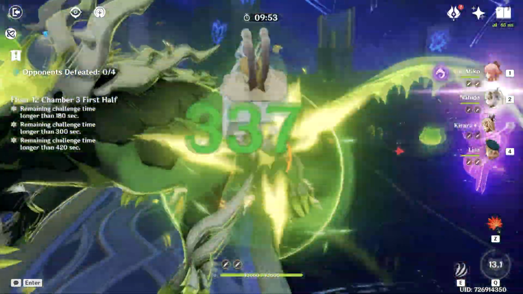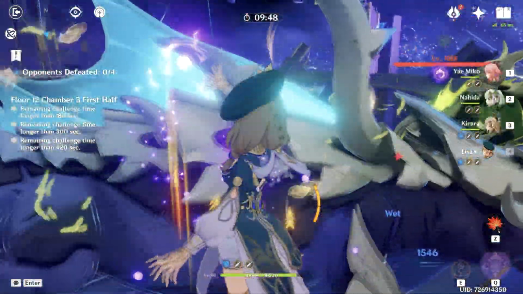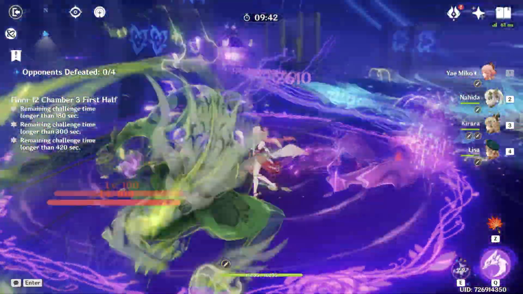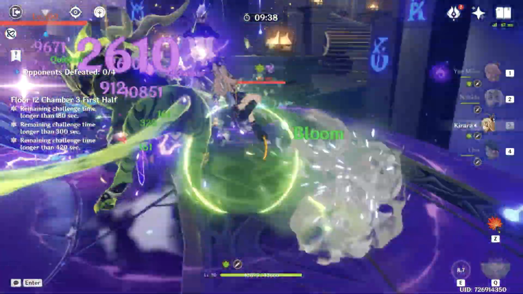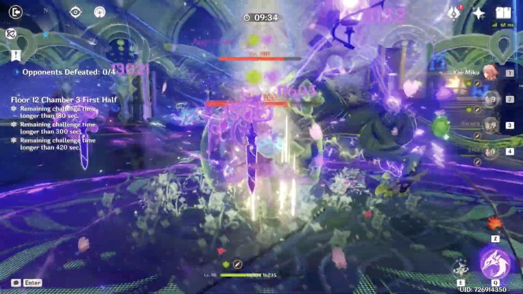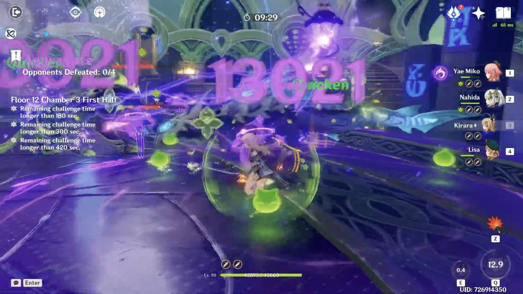Kirara dodging first attack with the burst and turning into the cat box. So there together, now we can restore energy with Lisa. Alright, Lisa using her burst, Yae Miko re-summoning her totems and taking a hit. But Kirara is here to protect us, and she is doing her job perfectly. So Nahida unleashing Battle Arena, Yae Miko summoning totems again, Kirara used her burst,